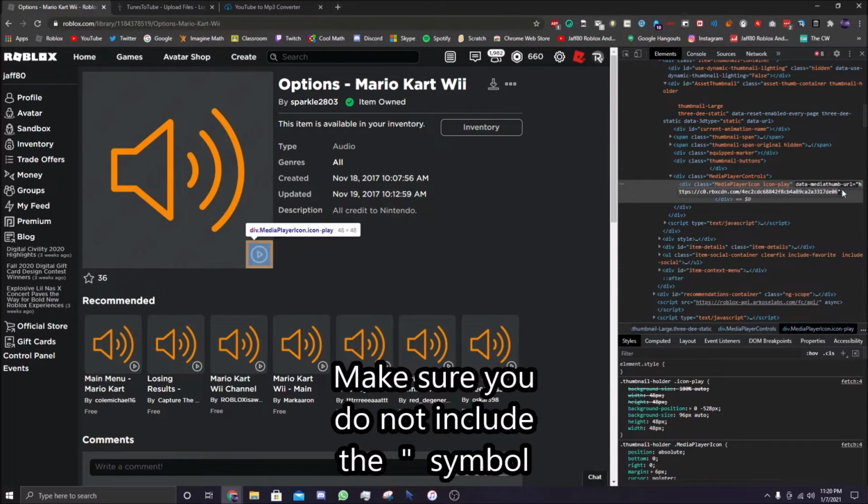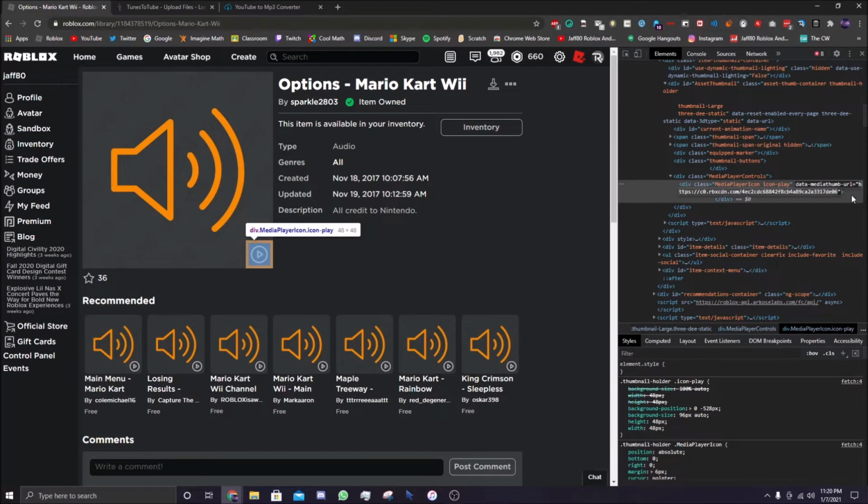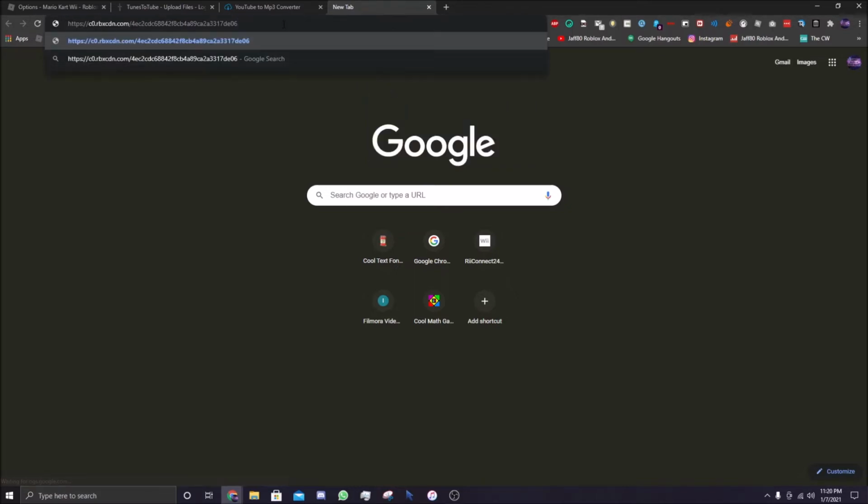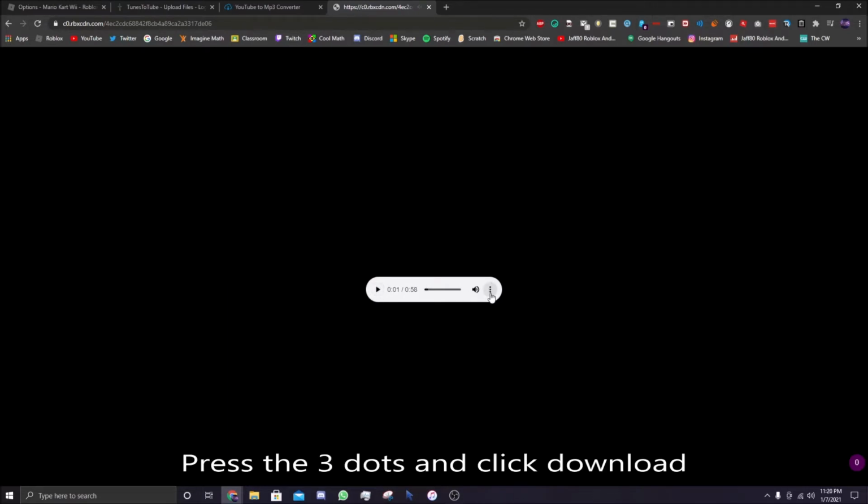Once you copy this link, make sure you include the H, because you can miss it right here. Once you have copied the link, open a new tab and paste it. When you paste it, press enter. Now you'll see this. What you want to do here is click the three dots right here, and boom, you have successfully downloaded